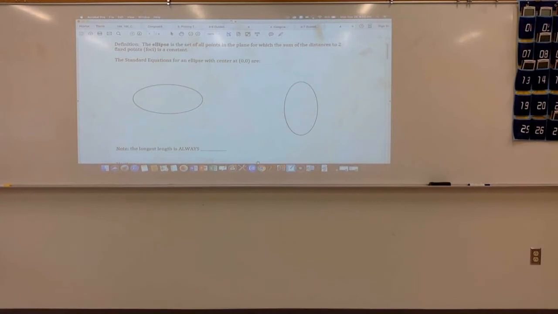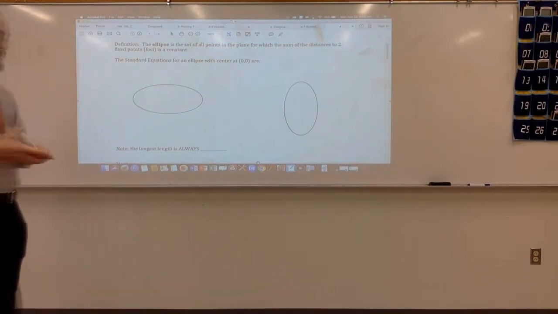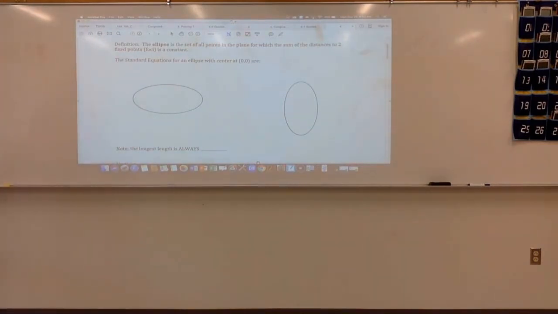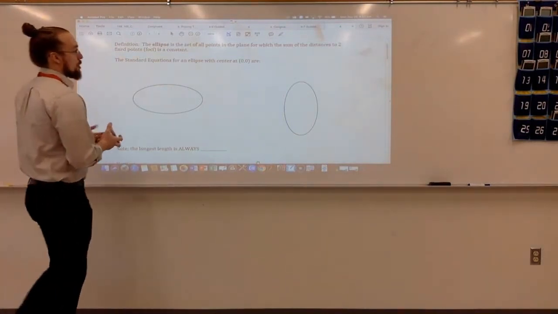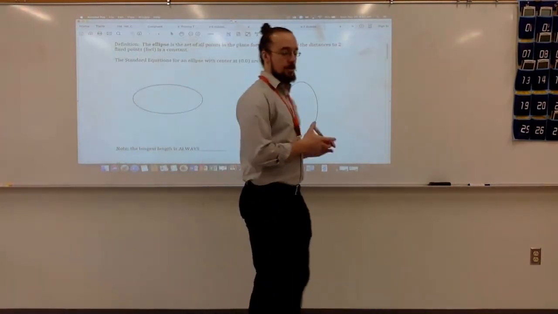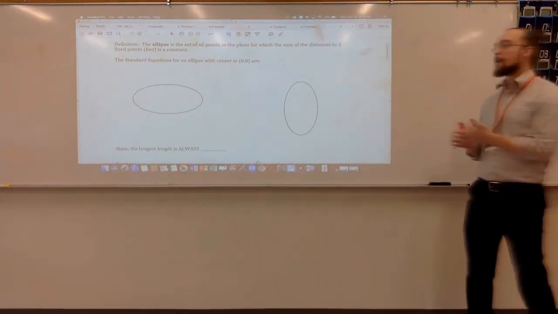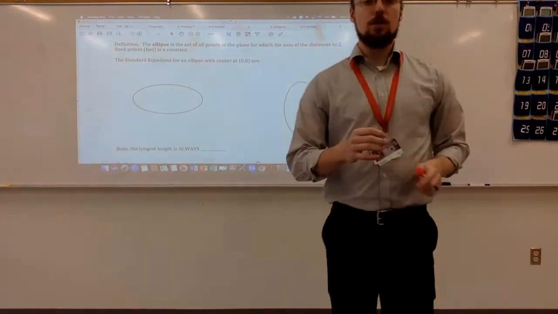Alright, today let's take a look at an ellipse. Our definition of an ellipse is the set of all points for which the sum of the distances to two fixed points is the same. Okay, so what that looks like,